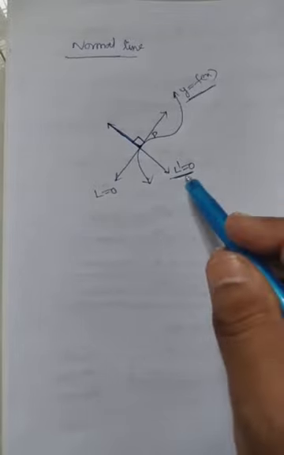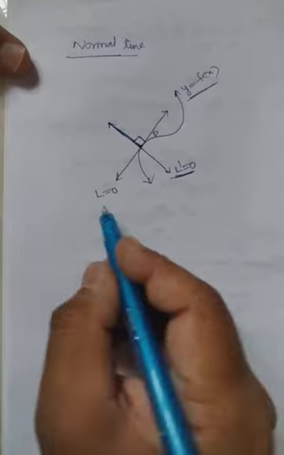Okay, so did you get it now? What is the normal line? The normal line, which is perpendicular to the tangent line at the same point of contact, is called the normal line to the curve. So now we are going to discuss this L dash is equal to 0. Now we are observing the definition of it.